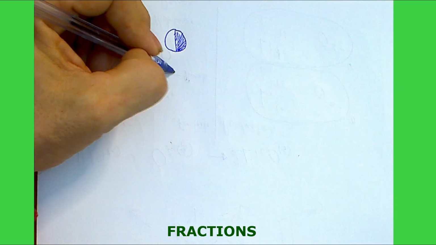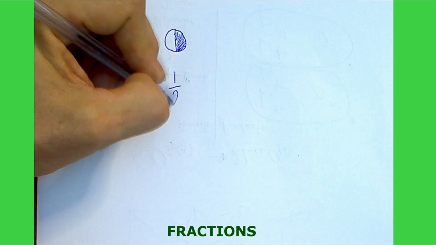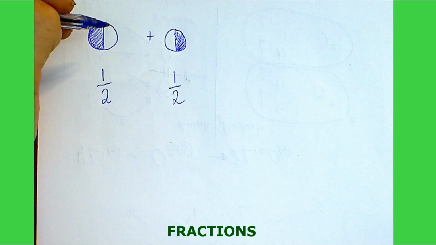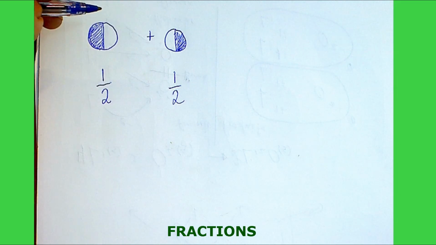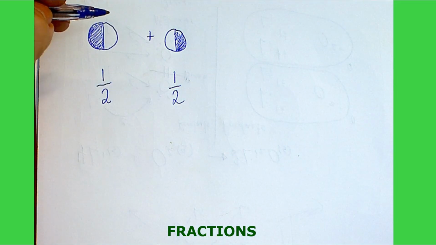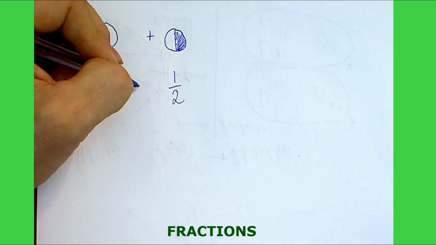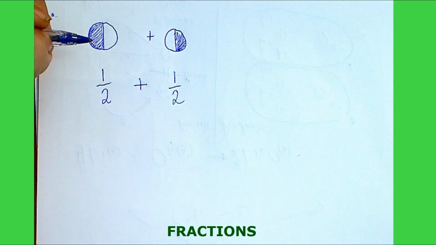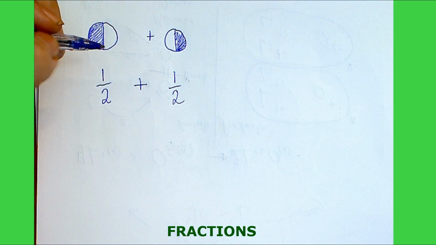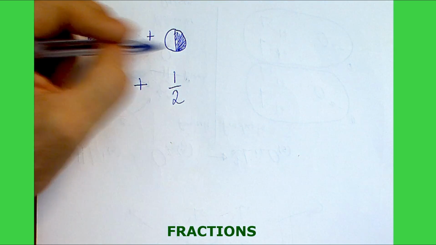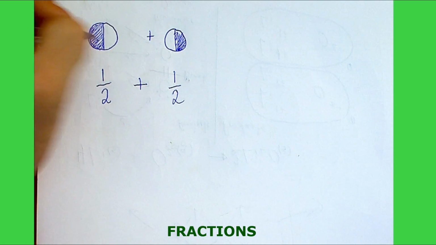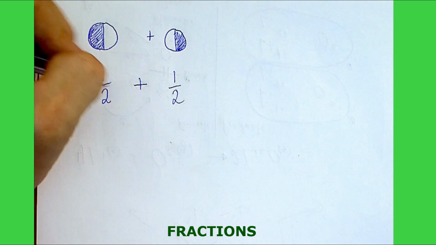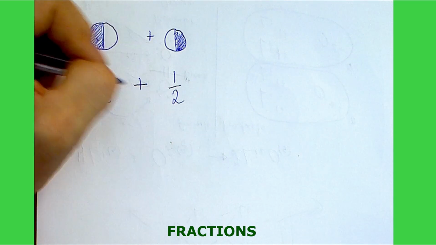And this is another 1/2. And of course, if I was more artistic, my circles would be the same size. But it turns out I'm quite good at teaching this math to small children, and I'm not incredibly artistic. So that's not really a limiting factor. But we can now say, look, here's 1/2, and here is 1/2. And I want to add them together.